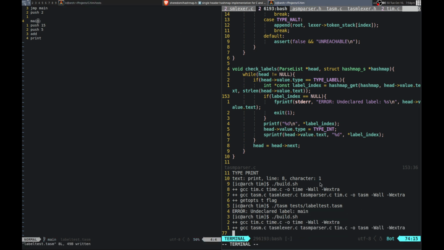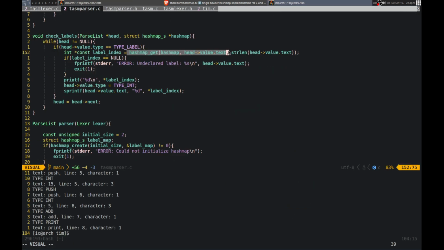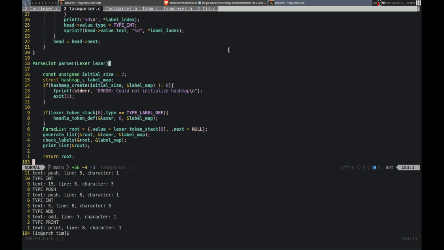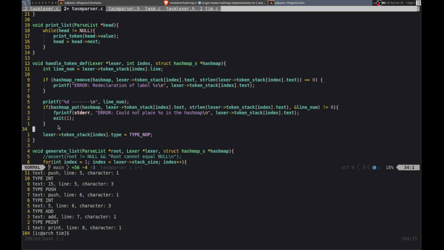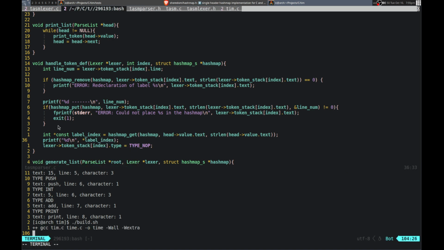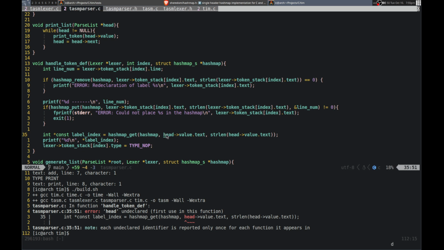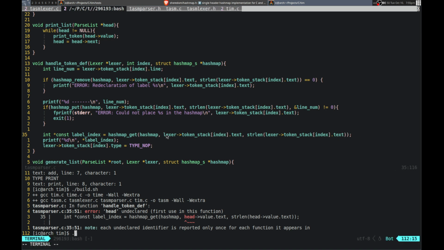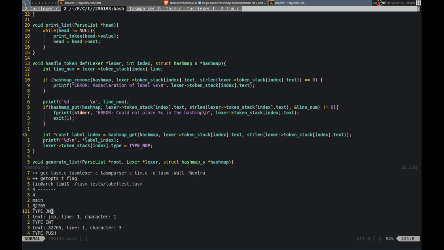So that, I'm not sure. It's just not updating in the hash map. So it must be. Okay, head is not clear. Yeah. It is mixer token stack index. Yeah, so it's